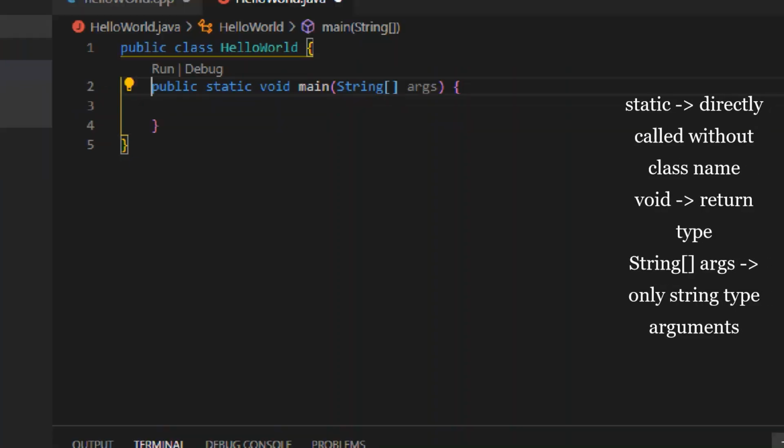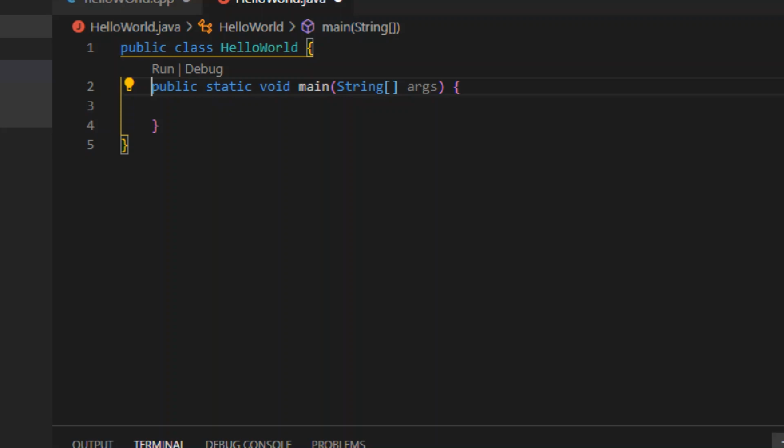And then the next line is public static void main String args. This represents it is the main, where static here defines that the method is directly called by the class name without creating the object, and the void represents the return type. We use String args because Java accepts only string type of argument. In String args, S should be capital because Java is a case-sensitive language.